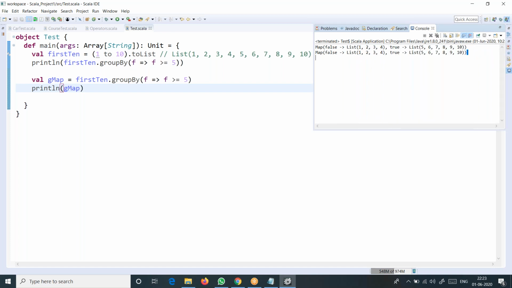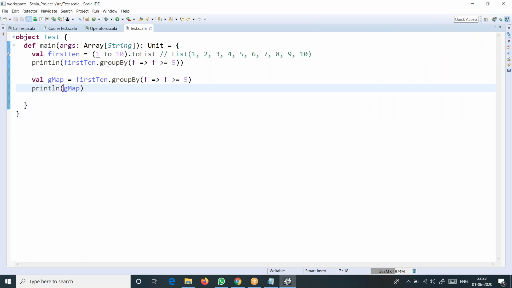So true means, because you are applying a condition, if it is satisfied, then it returns true here. All that is in one list here. And false means the other part; it is assigning false, because we are not applying that condition there. We are asking to search for elements which are greater than or equal to 5, and for the rest of the list it took false. You can see that it's split into two lists here.